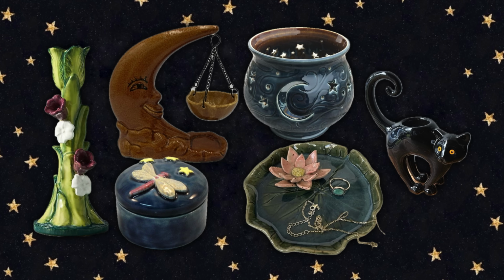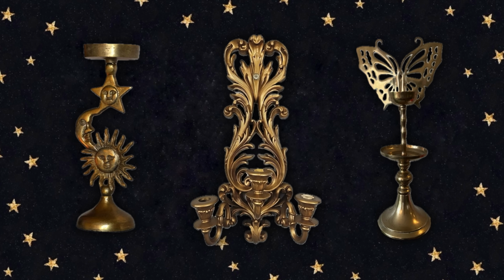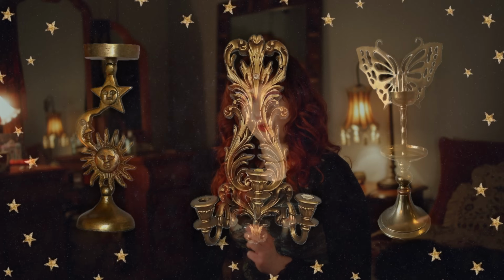You'll notice a lot of mixing and matching when it comes to textiles, which creates a lot of depth and texture, and in the end, a lot of luxury and coziness and interest. For knick-knacks, you might notice a lot of beautiful ceramics, stained glass, brass items. There's a lot of gold details with Whimsigoth,